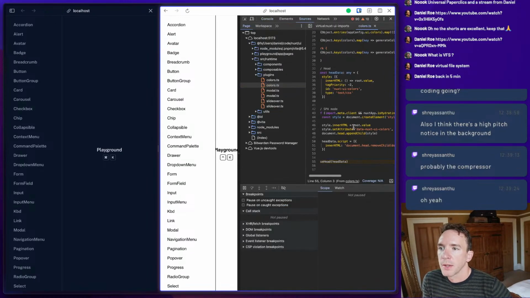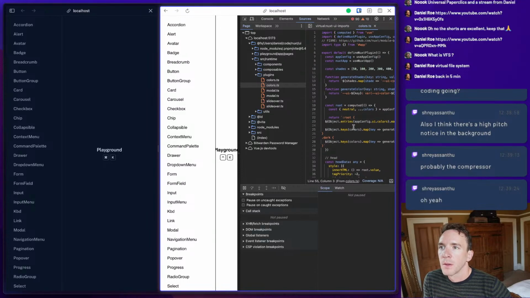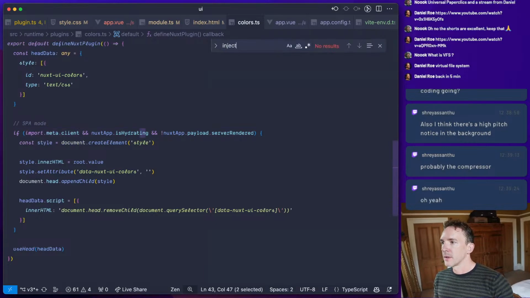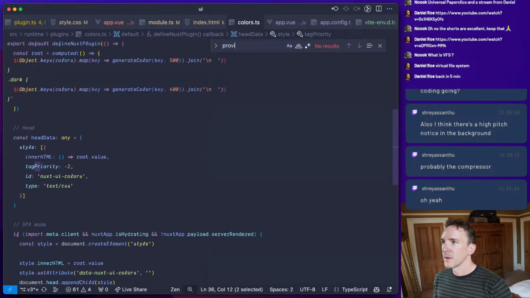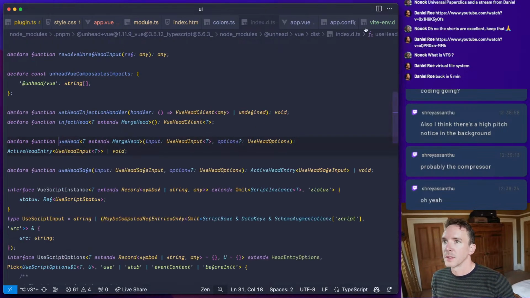So where are we injecting something? Let's see. Inject. We're not. Provide? No. So unhead must be doing some injecting.